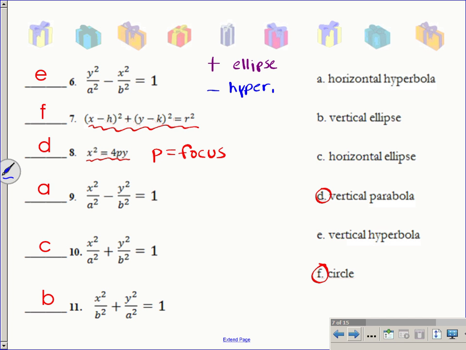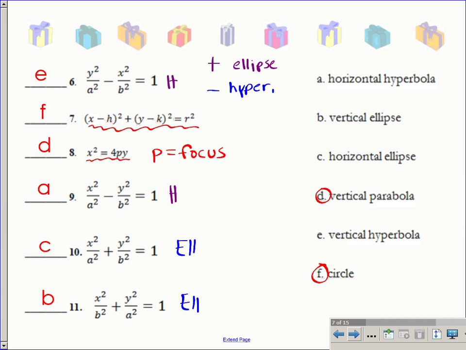So we know that our ellipses are going to be options 10 and 11. And we know that our hyperbola is going to be options 6 and 9. Now, if we go to the ellipses and we look between 10 and 11, the way that